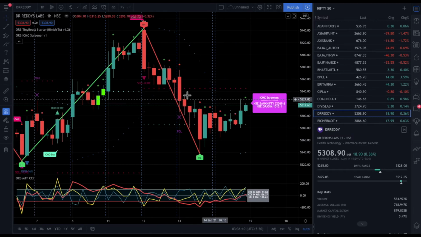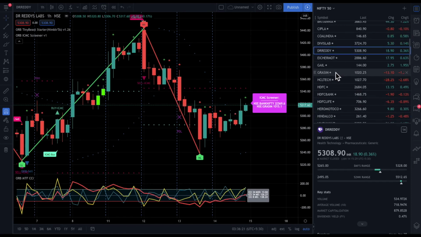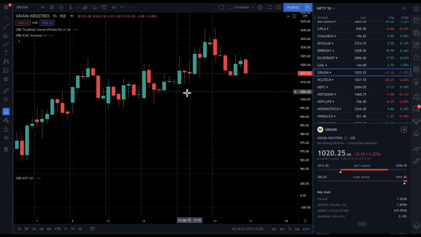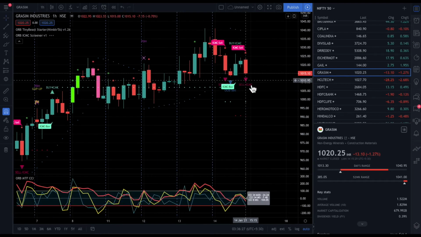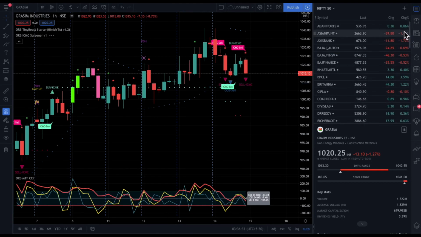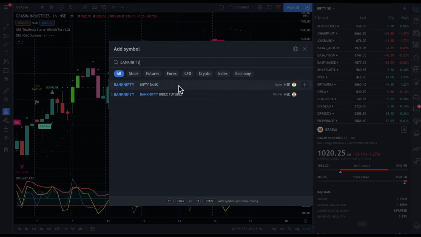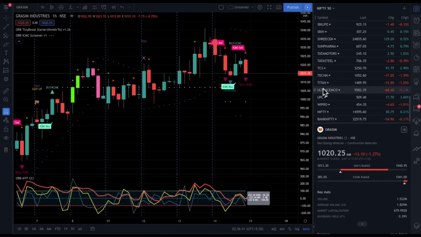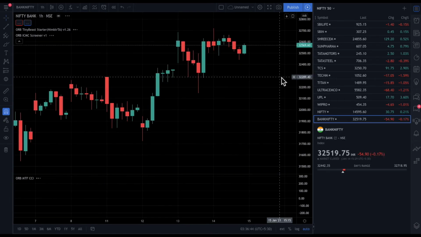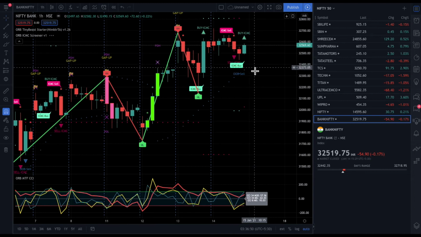So you see this, on a 1 hour time frame, we see that there's an ICMC happening in Bank Nifty and Grasim. So let's have a look at Grasim. This is the 1 hour chart of Grasim, and there you see there's ICMC which is just taking place. And similarly, it says for Bank Nifty also it is happening. So let's also check for Bank Nifty. Okay, we have Bank Nifty here now. And there you see there's an ICMC buy which is happening for Bank Nifty.